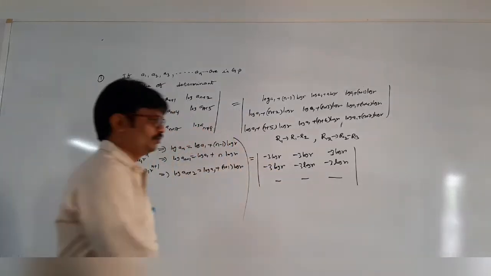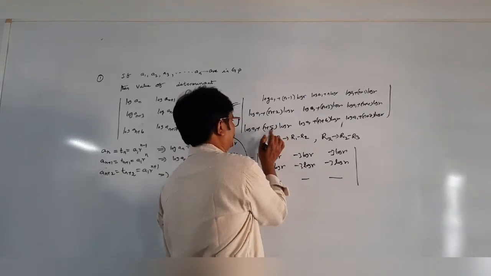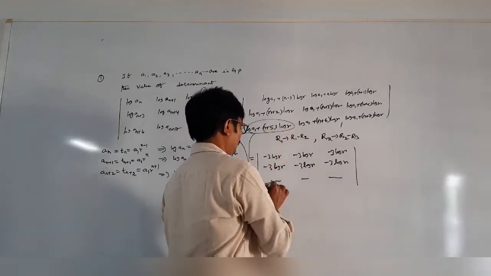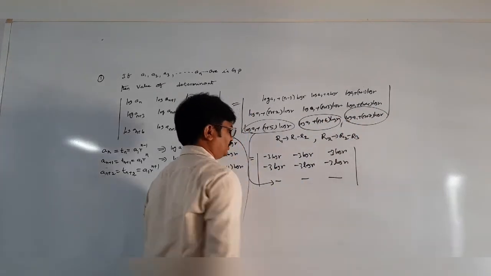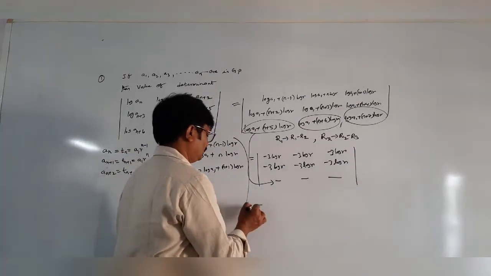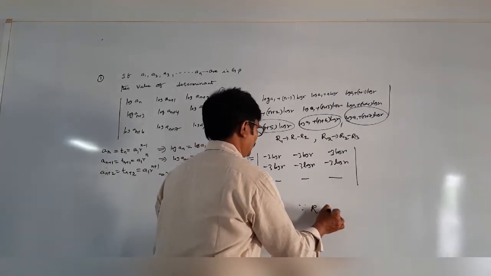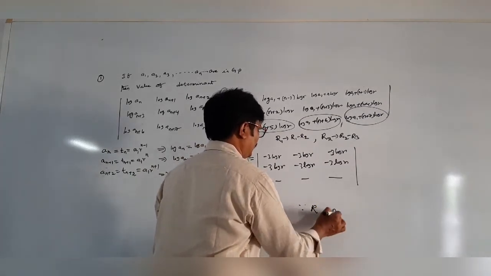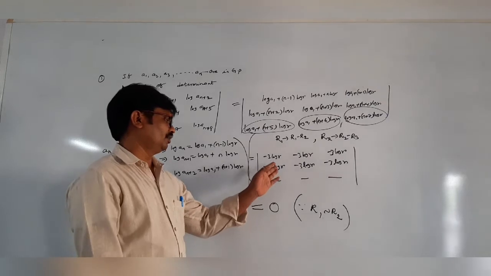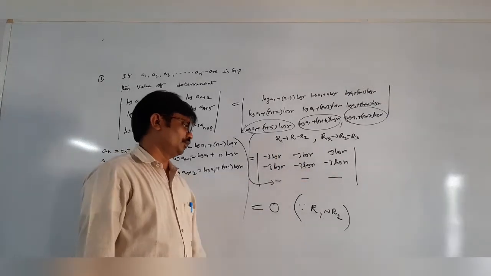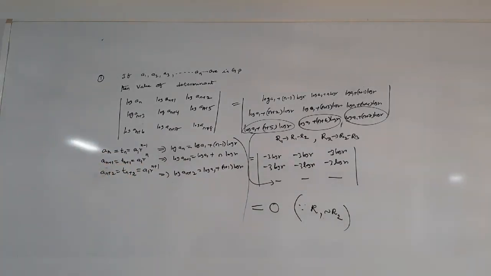Okay. So dear students, the two rows R1 and R2 have log R. This is the third row. All of you write the third row as it is. So what is the determinant of this one? 0, since R1 and R2 are identical. When you take R1 minus R2, these are all 0. If each element of any row is 0, then the determinant value is 0. Write down, students.